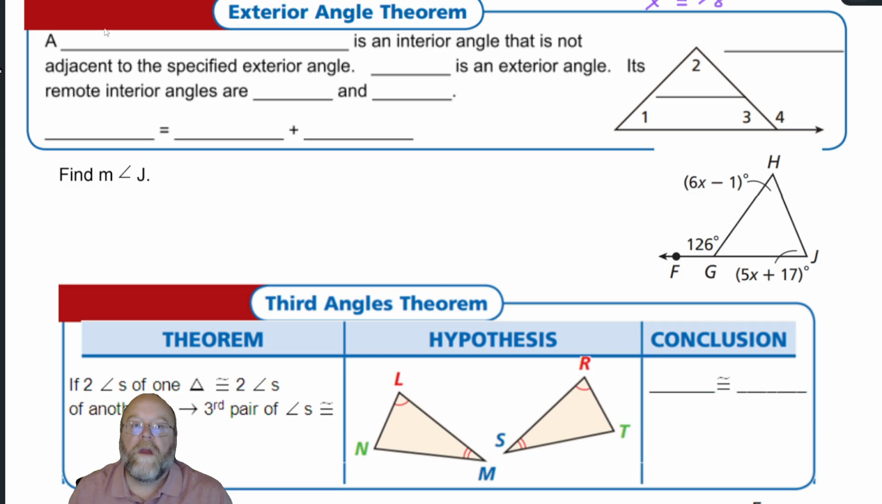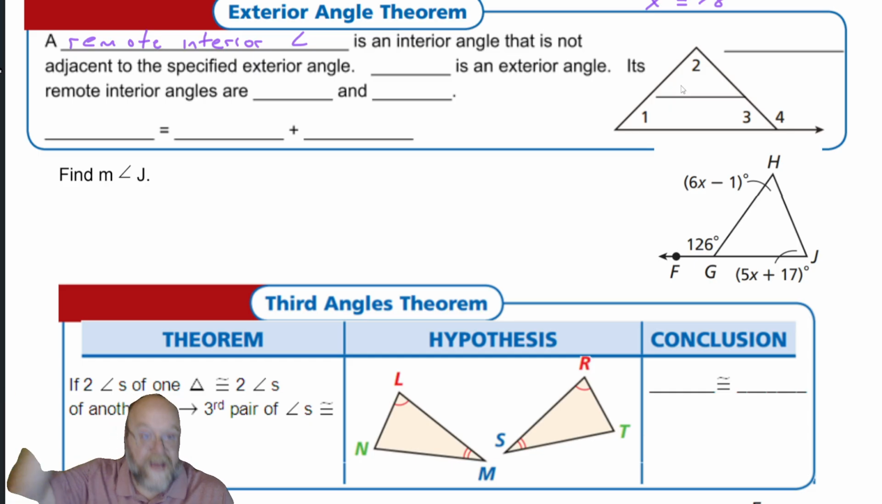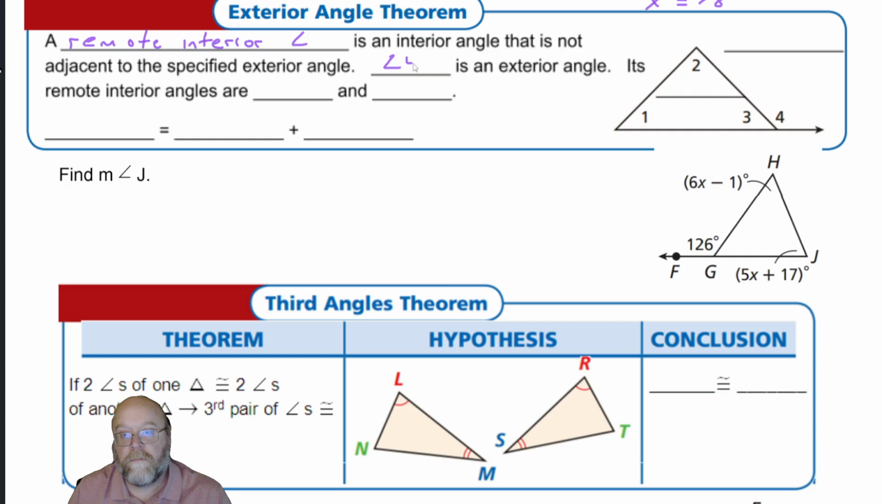Okay, here we go. A remote interior angle. Oh, these are so cool. A remote interior angle is an interior angle that is not adjacent to the specified exterior angle. What the heck does that mean? Good question. So an exterior angle is the angle that's made on the outside of the shape. So over here, angle 4 is the exterior angle. See how it's kind of made by the shape? If you extend this side out,